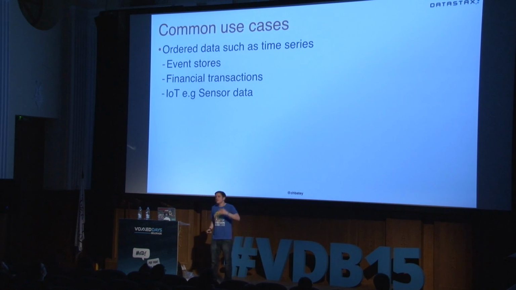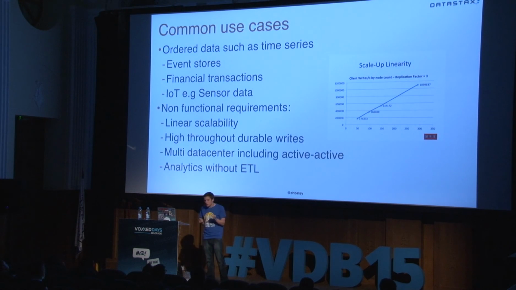The reason for that is, I'm not going to go into too much detail, but you can quiz me after, when you do data modeling inside Cassandra, you actually decide the order it's stored on disk. That's one of the things. This is because you can then do really quick querying of time ranges. It doesn't have to be based on time. It could be based on, say, an integer or characters, but it's mainly time series. But not many people think, I've got some time series data, I really want to model that in Cassandra rather than something else. It's normally for non-functional requirements.